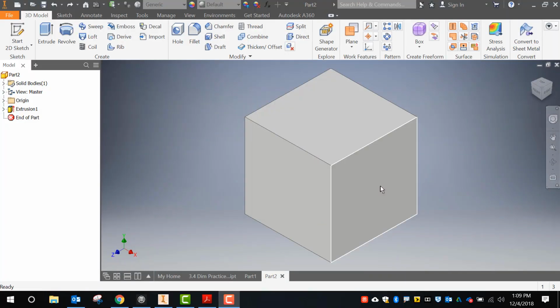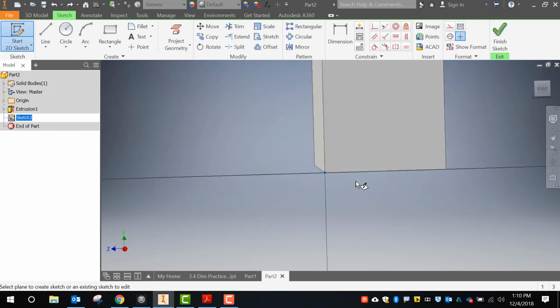Hey guys, I have had some questions about embossing text and what the best way to go about doing that is, so I figured I'd make a quick video and show you a couple different options. So as you can see, I'm starting out with a 3D object and I'm going to emboss some text on the side of it. So I need to start a new sketch, go onto any face where you want your